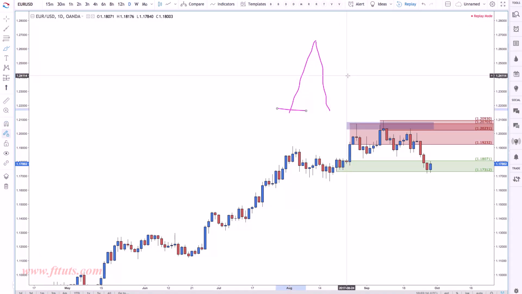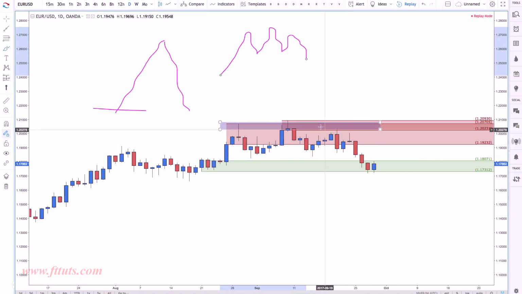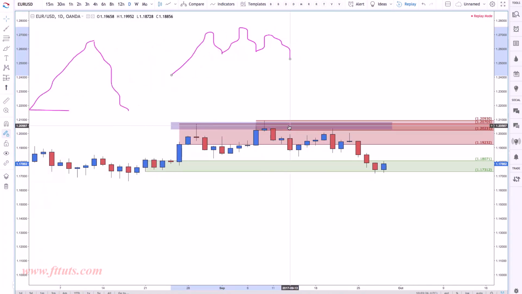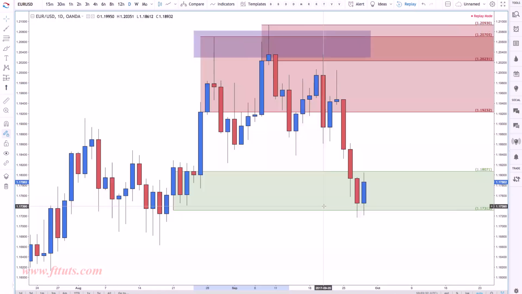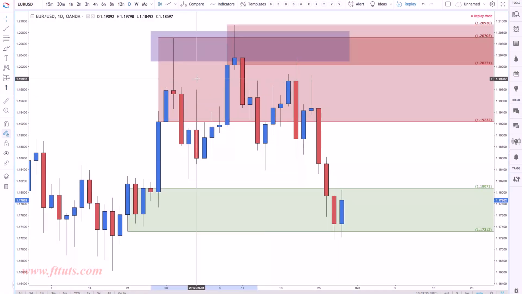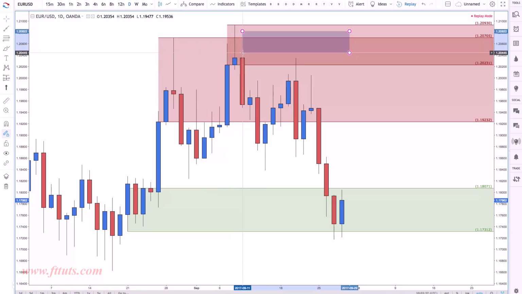But because we had this kind of move where it came like that, went slightly higher, and didn't take out the demand, didn't take out the level of demand. And even though this level here, let's just highlight it, is a fresh level of supply, because when you think about it there,